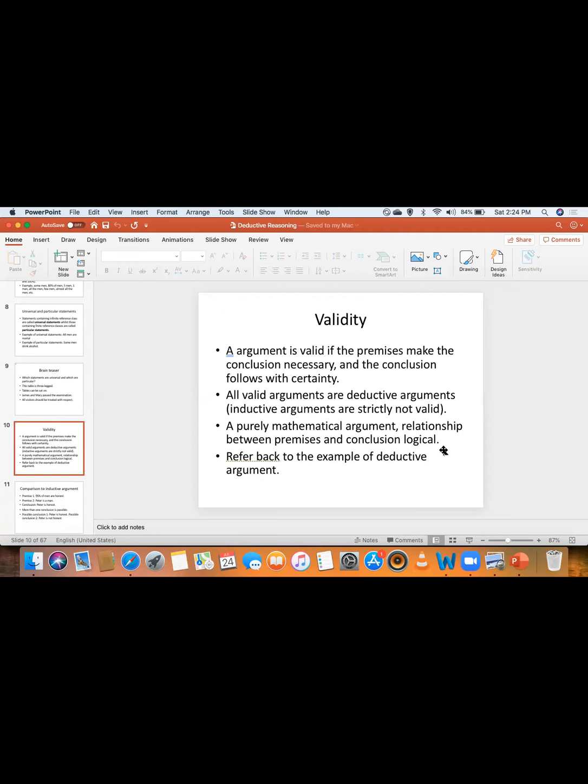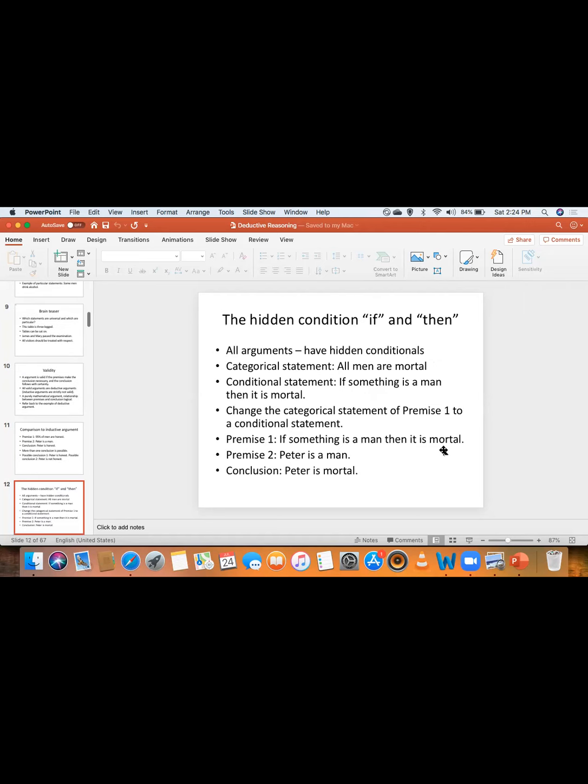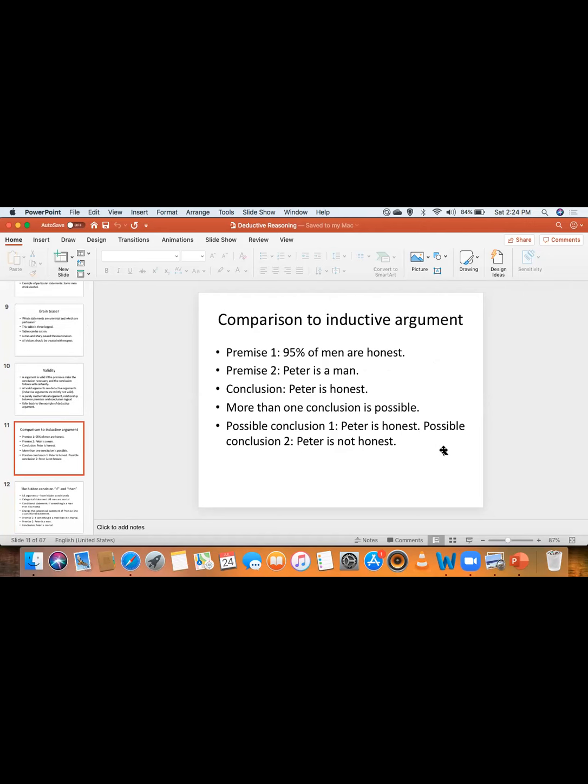So we have two valid arguments. We have modus ponens and modus tollens. Then the third and fourth ones are hypothetical syllogism and disjunctive syllogism. So those are the four valid kinds of deductive reasoning. And every other one is invalid. We saw how to arrive at modus ponens and modus tollens. We also saw how to arrive at their fallacies.